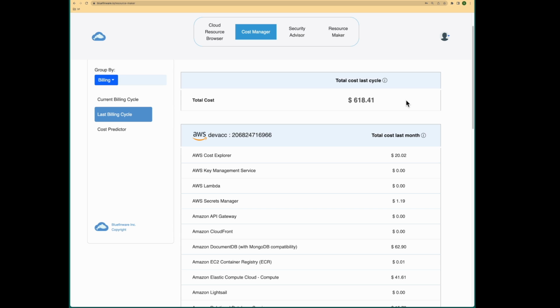The last billing cycle information gives you an insight into what did you pay for in the last month or the last billing cycle, and what can you understand from that, and what kind of cost can you cut for the ongoing cycle. The final section we will see is the cost predictor section, which helps you understand what